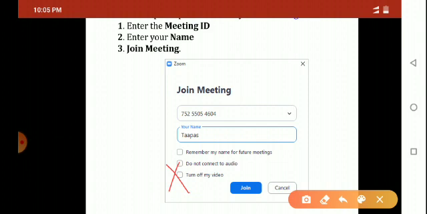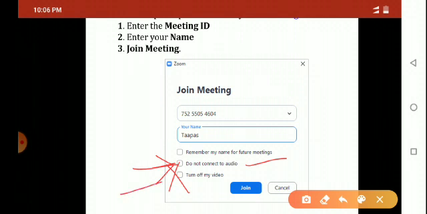Why? If you click on this box, then your audio will not be connected to the host, or you will not be able to hear the sound of the host or other participants attending the meeting or the class.